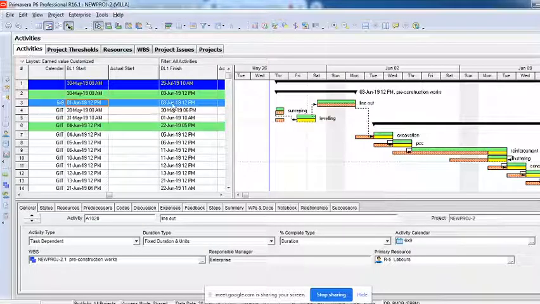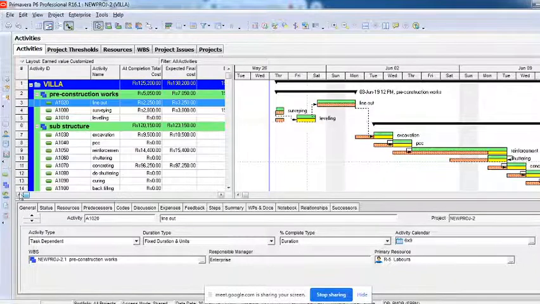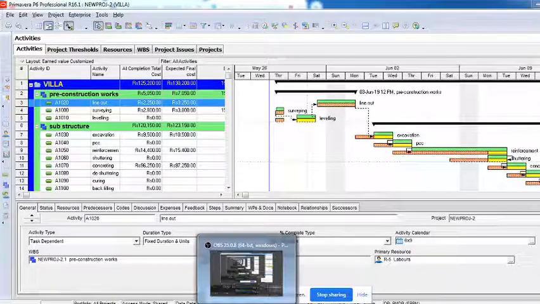Okay, so what did we do today? We did user defined fields. We understood what global change is and how to do that. Then we learnt about creating issues manually, and then we understood how we assign issues through creating project thresholds. So thresholds are also very important. So this is all about the 4 topics we have learned today. Anything else